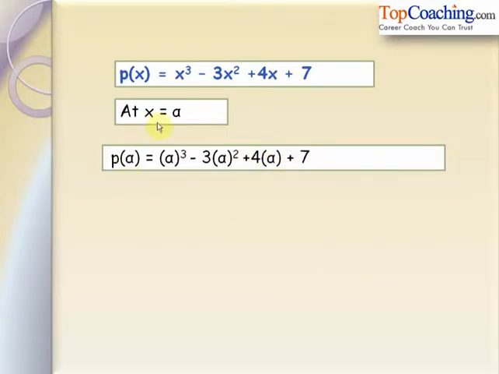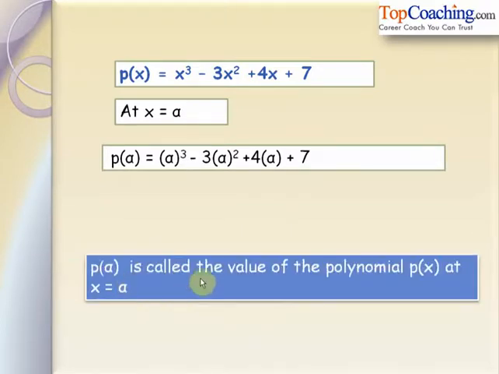Simply what we do is we replace x by alpha in this expression, and the final value which we get is actually the value of the polynomial. So what we can say is that, definitely, a polynomial has a value, but it has a value at a given point. So we have to choose the x to get the value of the polynomial at that point. So p(alpha) is called the value of polynomial p(x) at x equal to alpha. Thus, if the input is alpha, we get the output as p(alpha). Simply replace x by alpha.